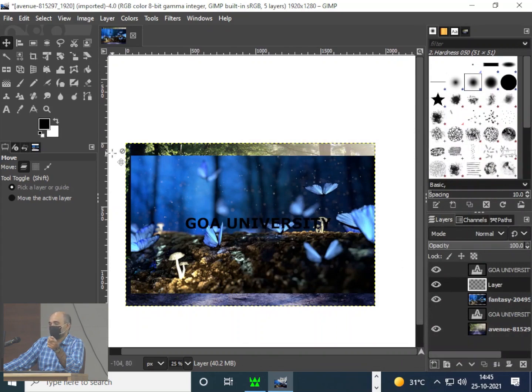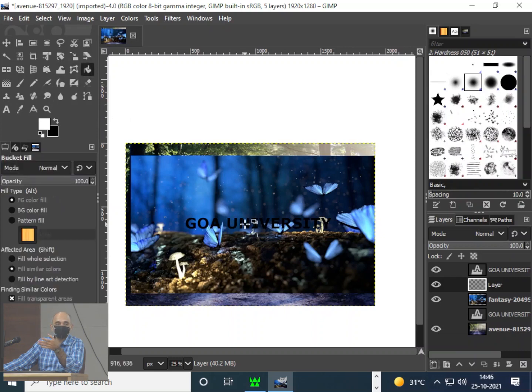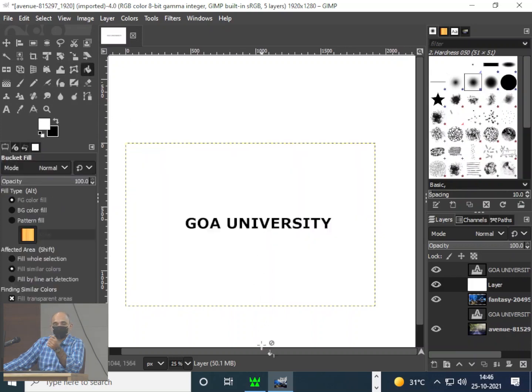So I have a layer, and in this layer I fill it with white color. I think all of you know the bucket, same thing in Paint, right? So I just fill the entire layer with white color. All have understood how to fill it with white?